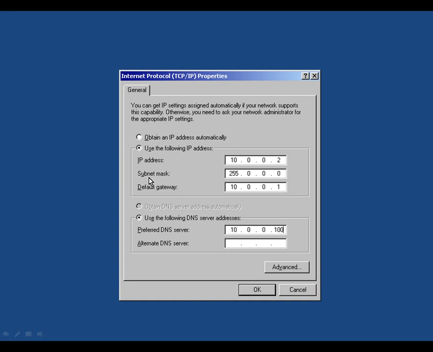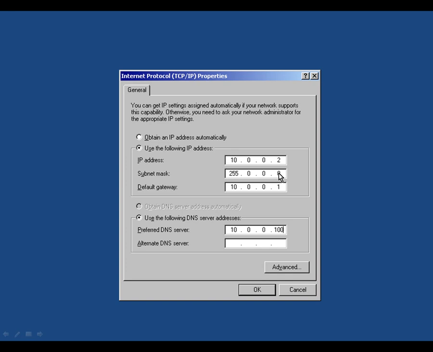The purpose of the subnet mask is to tell us which portion of the IP address is network ID and which portion of the IP address is host ID. If there is a 255 under the octet in the IP address, then that indicates that that octet is network ID. If there is a 0 under the octet in the IP address, then that indicates that that octet is host ID. So if we simply have a subnet mask of